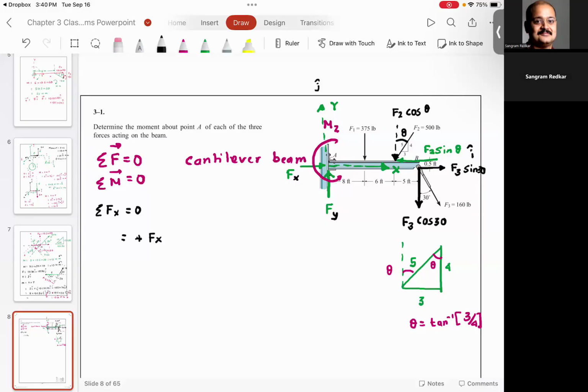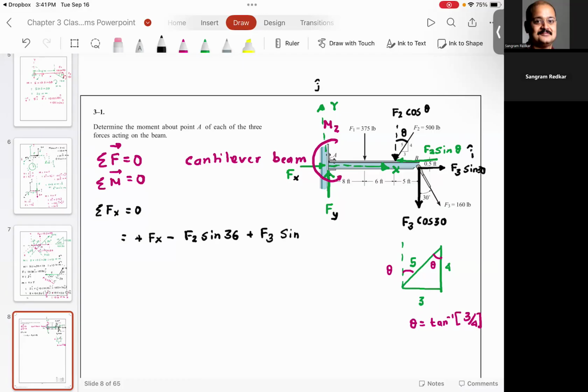Now you have F2 sine theta. F2 sine theta. Can you see that is in the negative x direction? So it's going to be minus F2 sine theta. Can someone tell me what is theta? What is tan inverse of 3 by 4? 36 degrees? 36. And then can you see I have F3